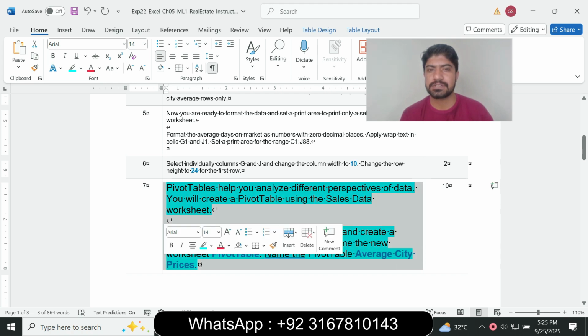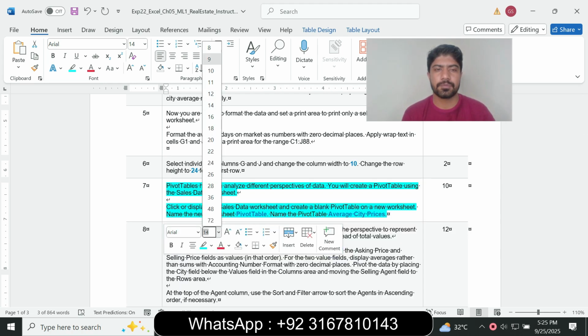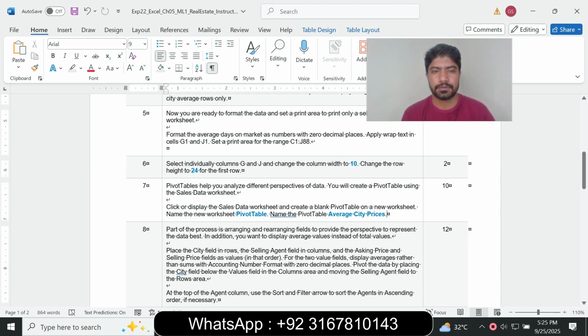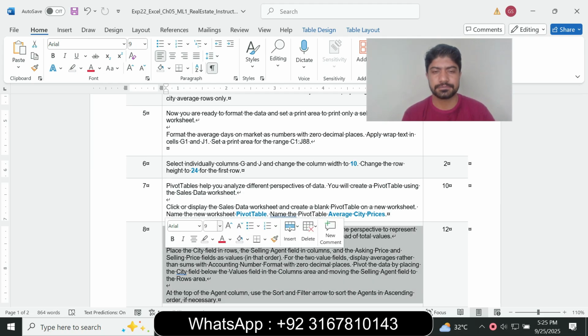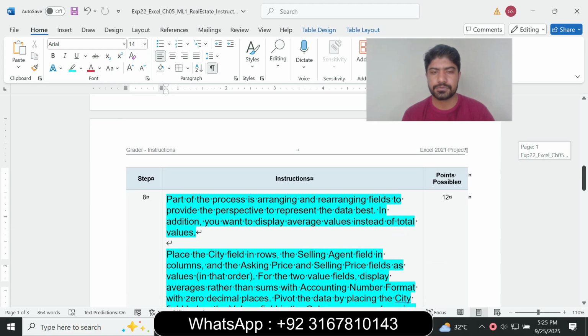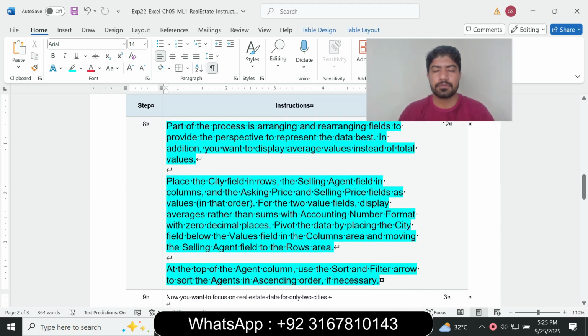So question number 7 is complete, and we move to question number 8. Question number 8 is part of the process of arranging and rearranging fields to provide the perspective to represent the